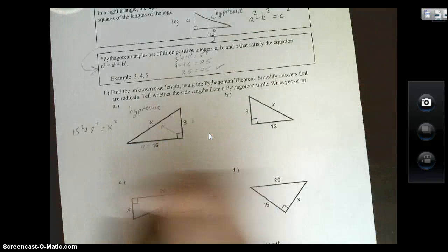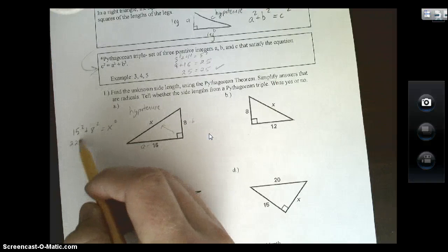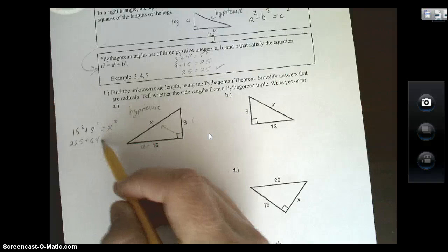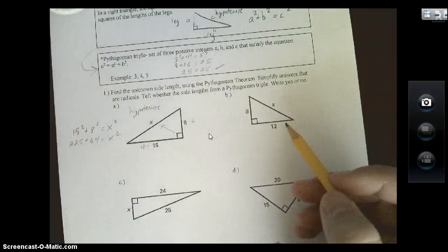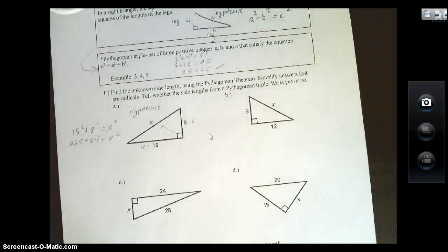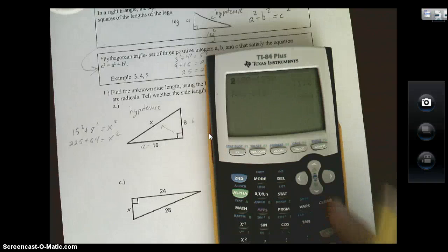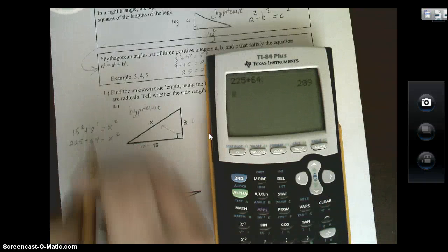So 15 squared gives me 225, plus 8 squared gives me 64, equals x squared, right? I can add those two numbers together, just to show you via calculator as well, which you're always free to use here. 225 plus 64 gives me 289,